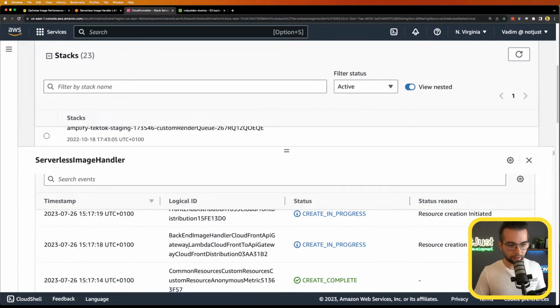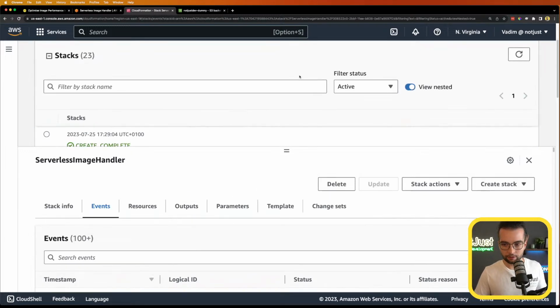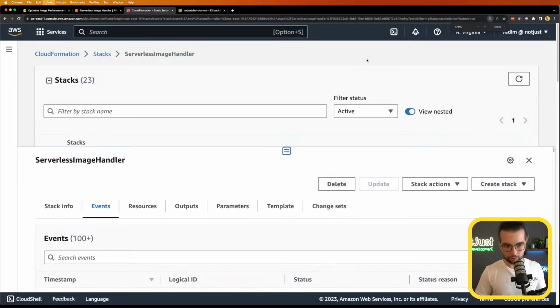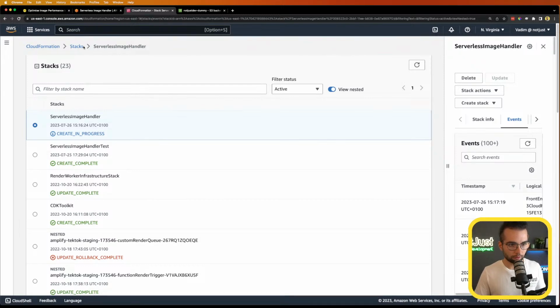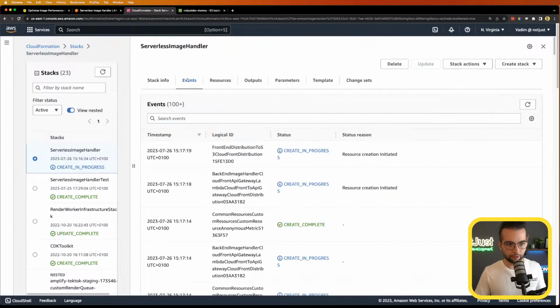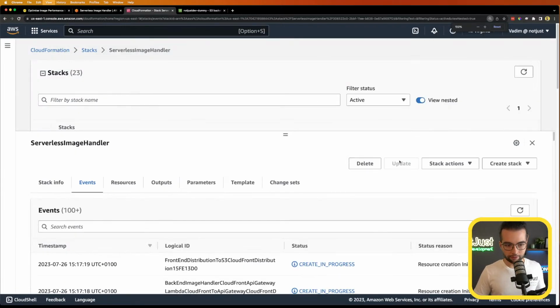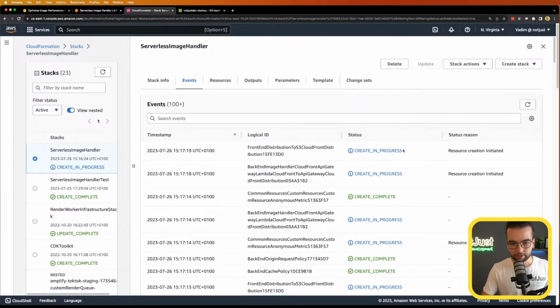And in the events, we're going to see... it's a bit weird when I'm zooming so much. Somewhere here. Events, yes. Oh yeah, it should be like this. So now CloudFormation is initializing all the services that this solution depends on inside our own AWS account, and is connecting them together in order to make it